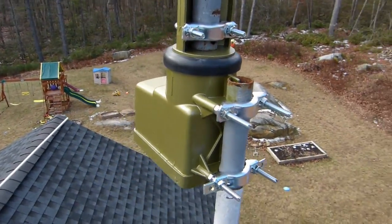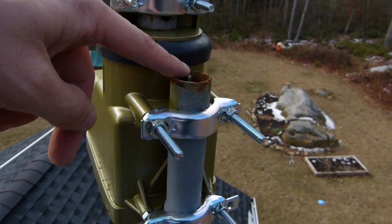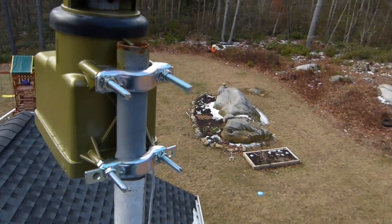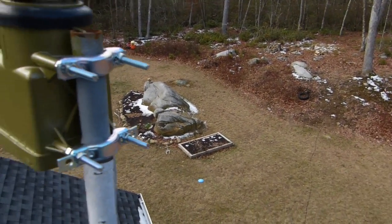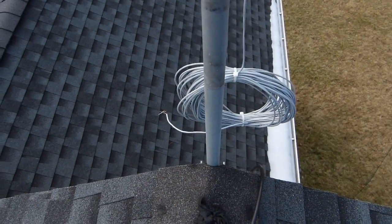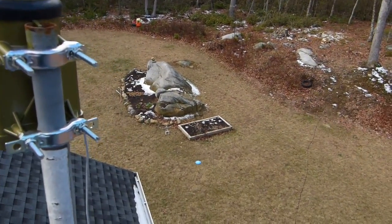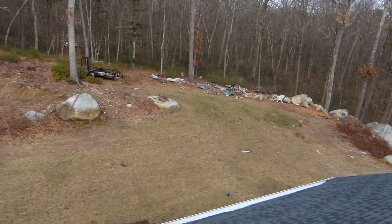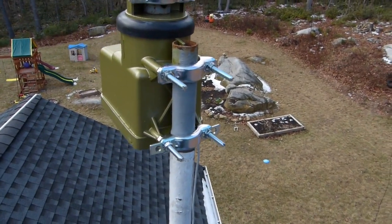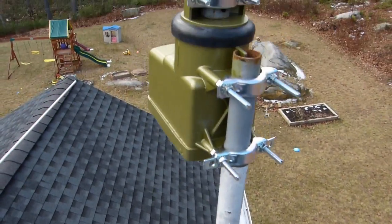You can see here I've got the rotor mounted up on the pipe, and here's the tab into the notch that I was talking about. So I've got these nuts all tightened up. This thing is all secure to this pipe. But the pipe is still free to rotate a little bit. I've got to go down below and tighten the nuts on the eave bracket there. But anyway, I've got it more or less oriented the right way. Might not be perfect, but again, close enough for this project. So I will tighten up those nuts now down there and lock this into place